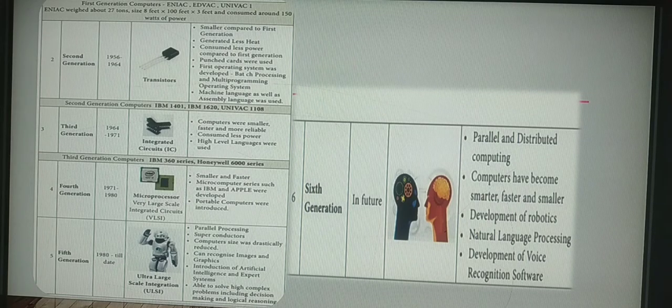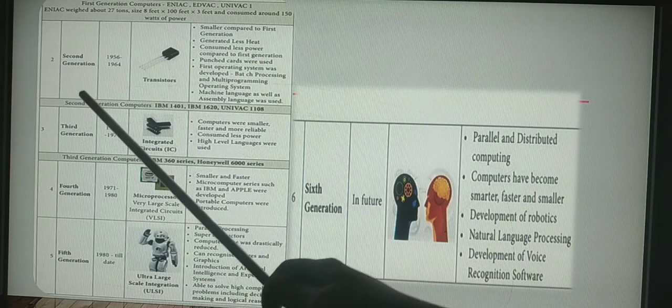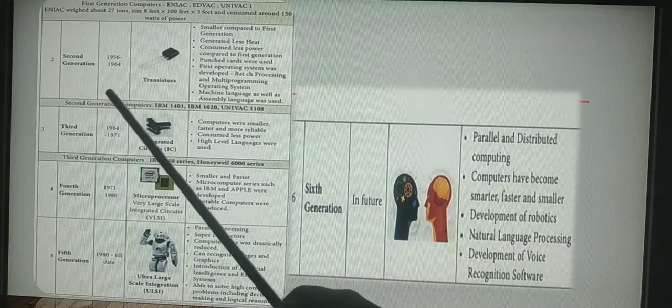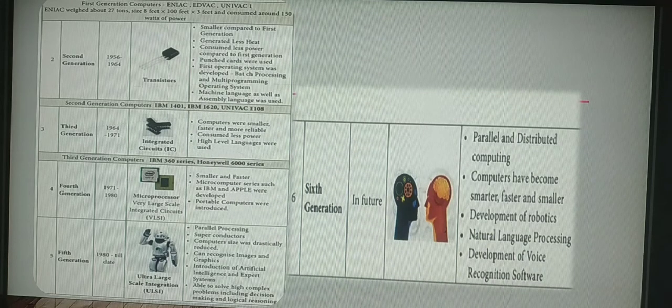Under 2-mark or 3-mark it will be. Then what do you have to do? You have to write just the 2nd generation alone. You have to specify the 2nd generation heading, then specify the year, then the device used, then write down the merits and demerits. Similarly, 3rd generation may be asked in a 2-mark question or 3-mark question. Don't think they will be asking as a whole only. They will be specific, specifying the generation name. Clear, everyone? You got an idea how to write this question?